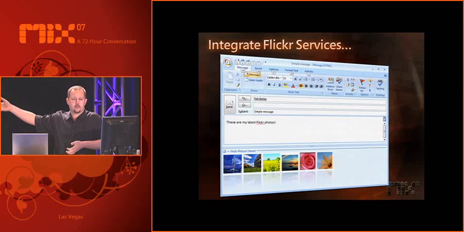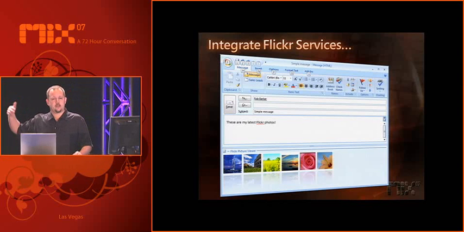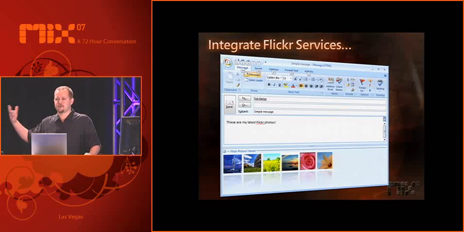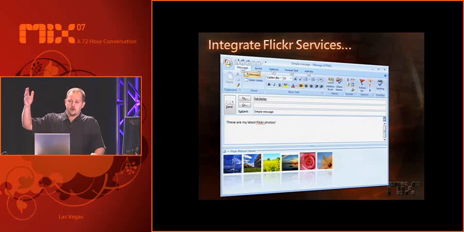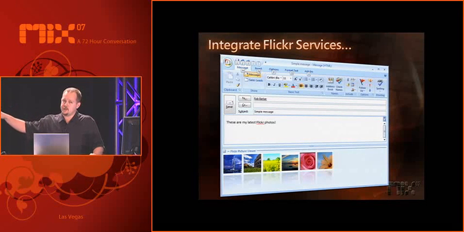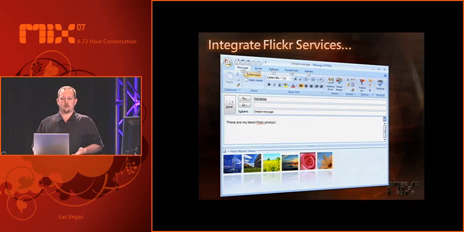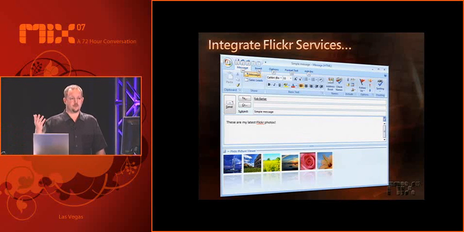And don't think Outlook is really the only potential here. Think about PowerPoint or Word or Excel and how you can really utilize those things. Excel is a perfect example of being able to take photos or music or videos and do this type of integration, because what's Excel good at? It's good at organization of data. Being able to have that repository of information using Excel's filtering and sorting capabilities, but also integrating these types of services from the cloud.